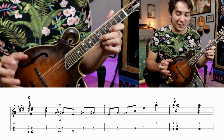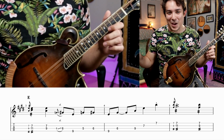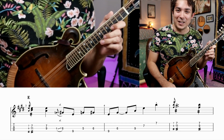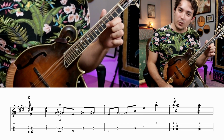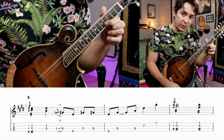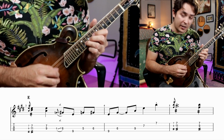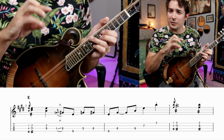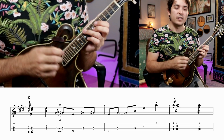I think I've already made a mistake in the past talking about the pentatonic scale, so I'm trying not to do that again. But we're going back to this G note. It's not going to be here. We're going to play this 4th. It's not going to be the 4th fret. We're going to play it on the 11th fret of the A string. So that lick leading up into this is going to sound like...